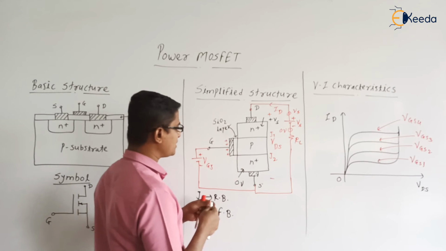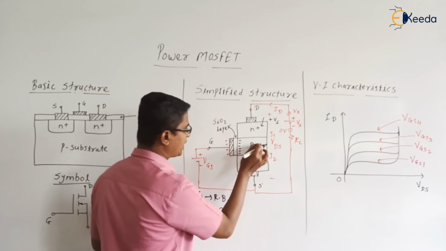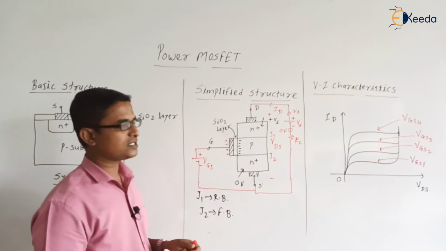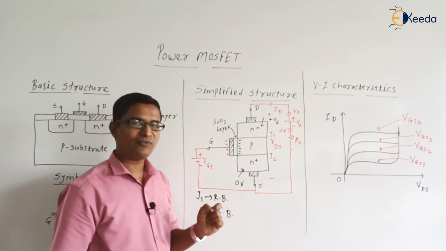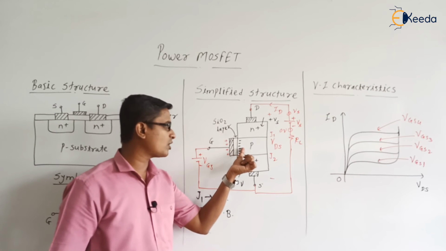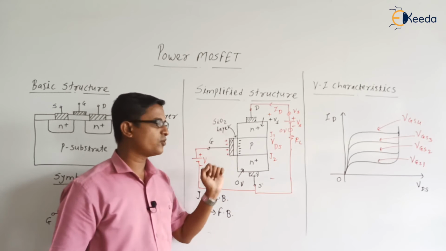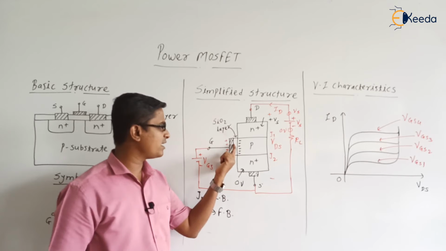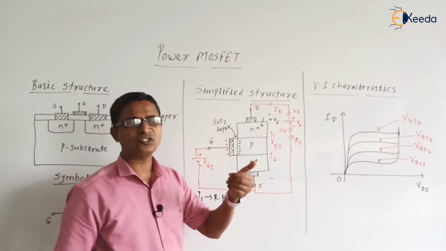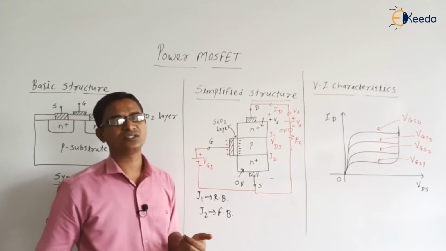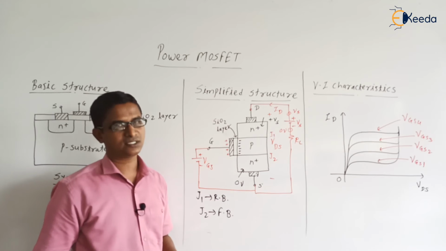Due to that, the negative charges from the inner p type layer will get attracted towards the positive charges, but definitely these negative charges will not cross this SiO2 layer. Why? Because this layer is like an insulating layer, offering very high impedance, very high opposition to the movement or flow of charges. Are you getting the point?